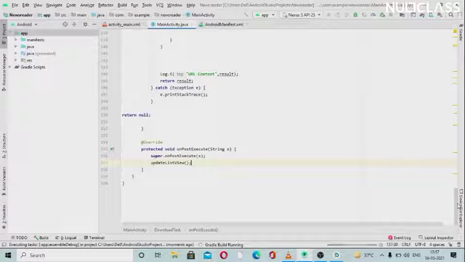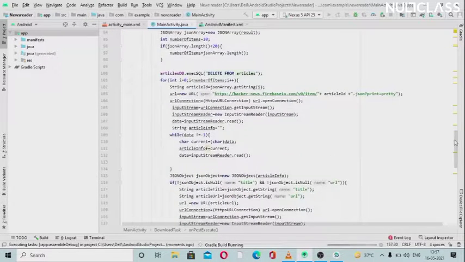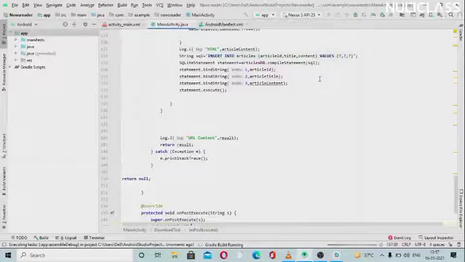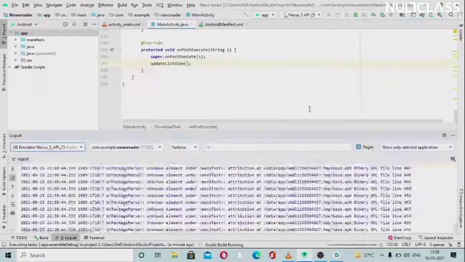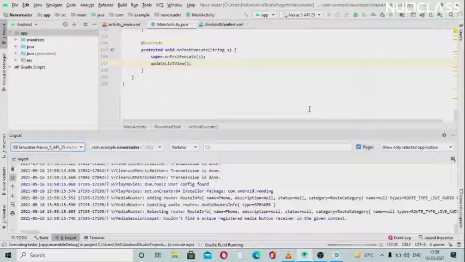So I think in the log we have only a few things, like you can see in the log we have this HTML article content and URL content. Okay, so we will be seeing this only, so it will take a bit of time. Let's just wait. It will take a bit, just wait for it.